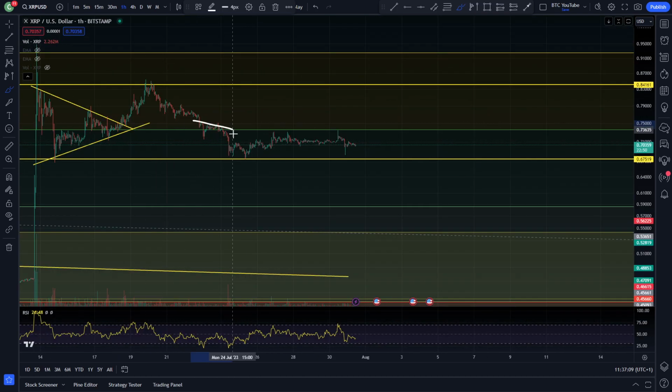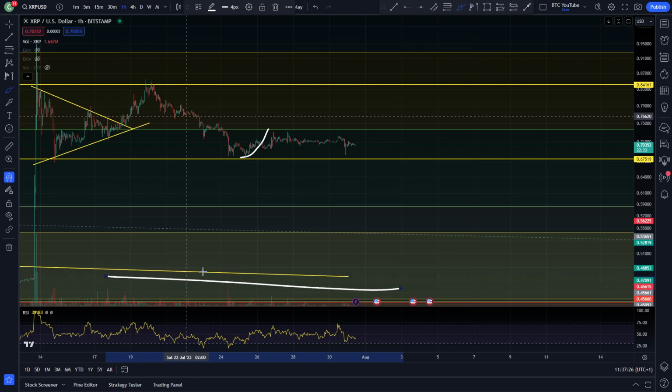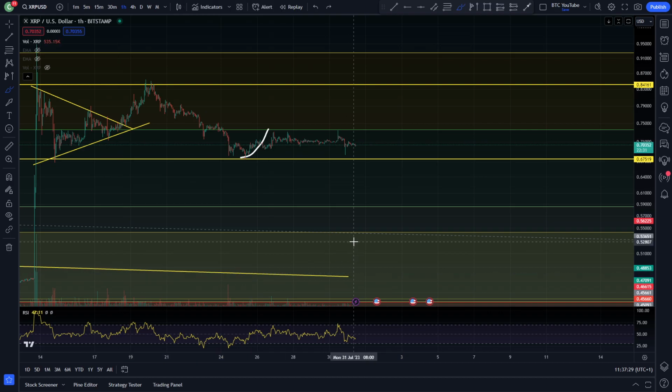two levels here. You can see coming down to around that 67-68 cent level over the past few days, it came back up and retested that 73 cent level, which is that Fibonacci level, the 0.5, and another test, another dump, and now just a little bit of volatility and interest in the markets. Obviously quite low volume at the minute for crypto in general, but I think generally speaking it's pretty obvious here that